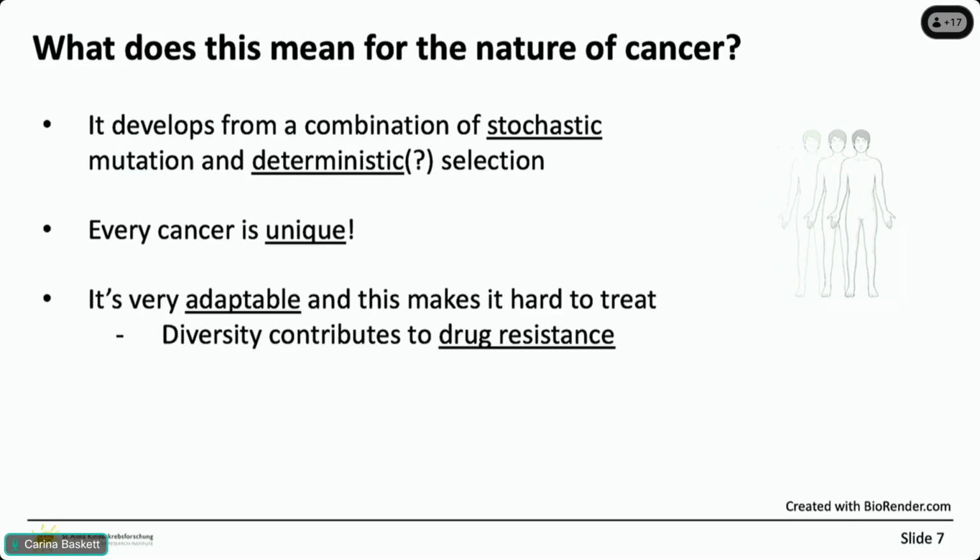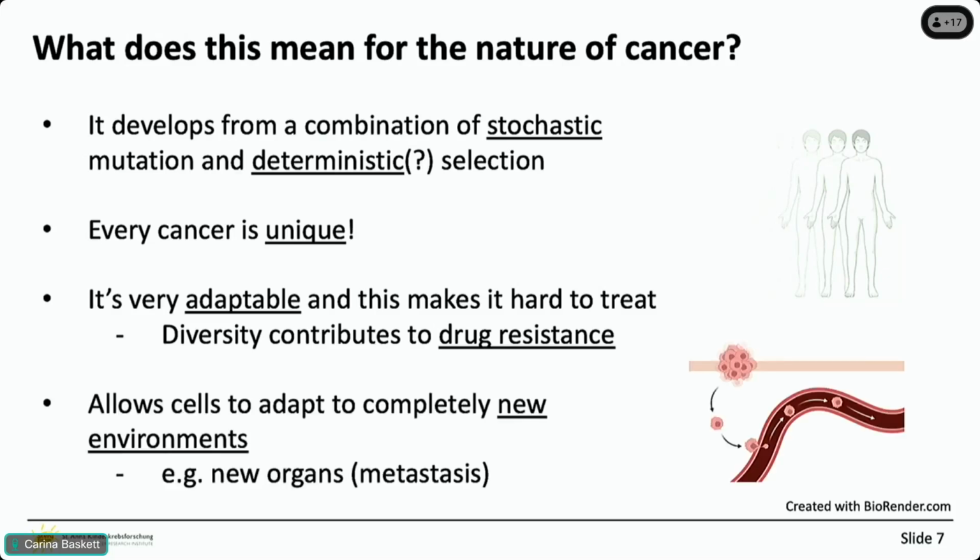It also means that cancer is very adaptable. And of course, this makes it hard to treat because you have millions of cells, and these cells might have something that can fight the treatment that you choose to use. So it's a very similar analogy to antibiotic resistance in a bacterial population, where you can have pre-existing bacteria that are resistant to that antibiotic. It's completely the same principle in cancer with therapy.